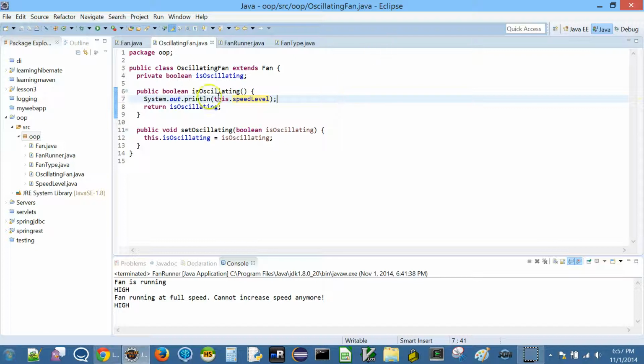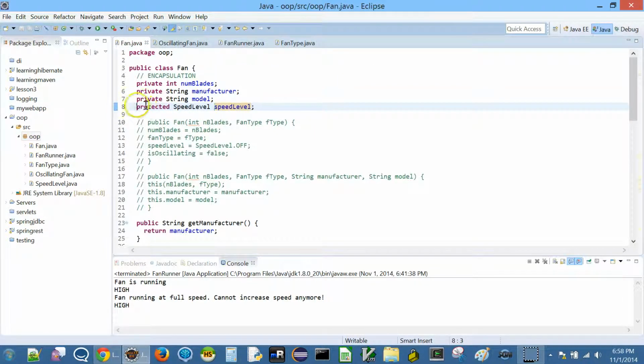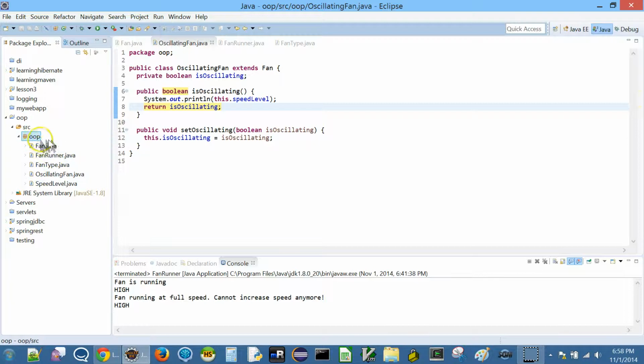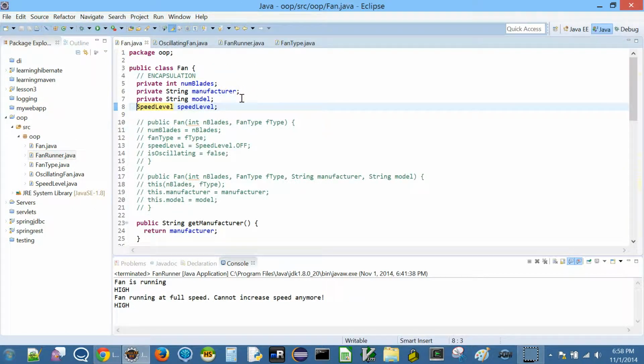Remember previously I could not do this. Okay. Now even if I had kept in this case as default, I would have been able to do this because these two classes are in the same package, right? Whenever they are in same package, I can access it. But I don't want, for example, fan runner to modify the field directly. So I am just going to keep it as protected. Okay. Similarly, I'm going to make all these as protected.